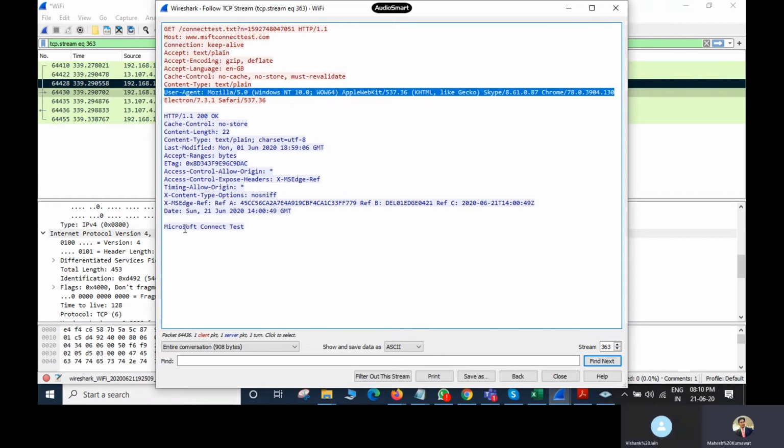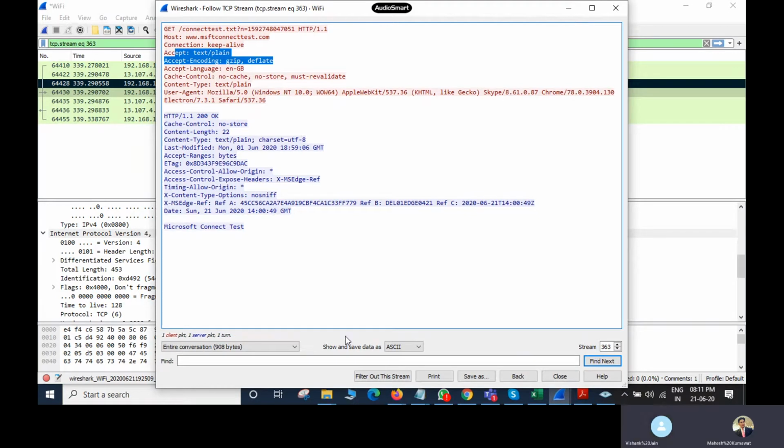And there is a date. This is Microsoft Connect text. Timing, origin, everything will be there. The ETag, accept rules, last modified date, content type, length, cache control, which operating system, user agent, Safari support. So it's plain text. And GET, POST, PUT, DELETE, these you need to understand, because GET and PUT have different use cases. It is going to be asking for things.